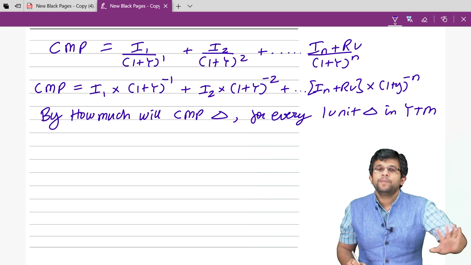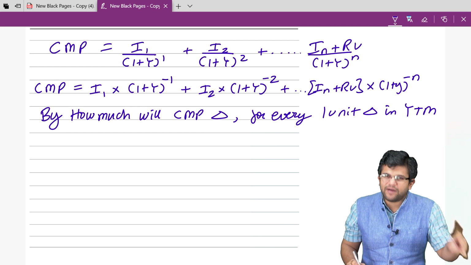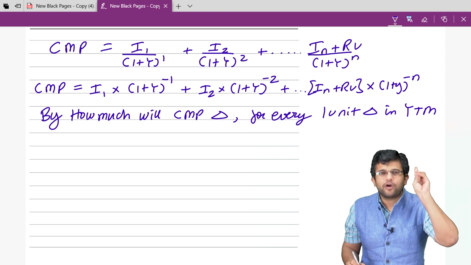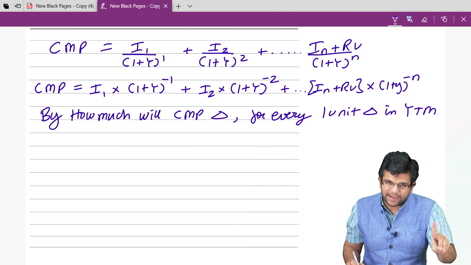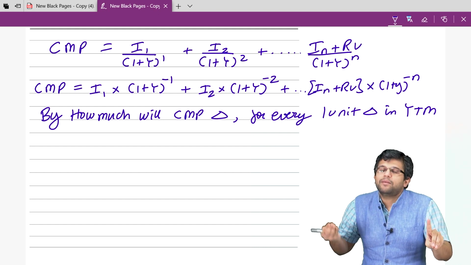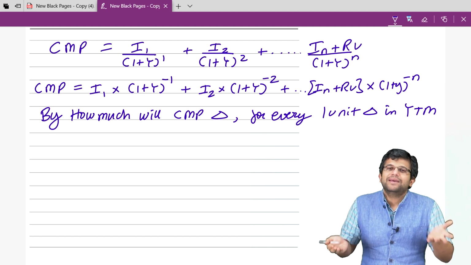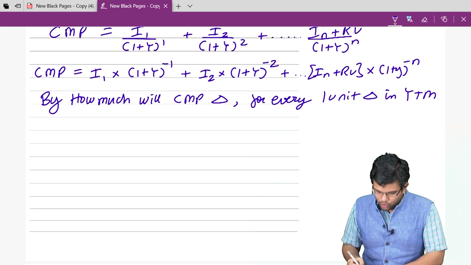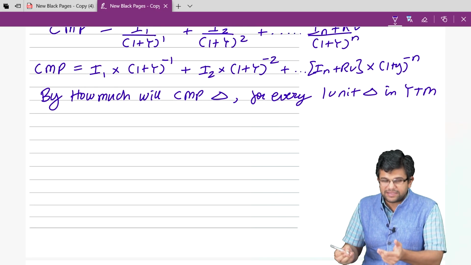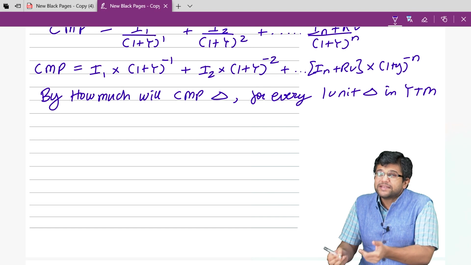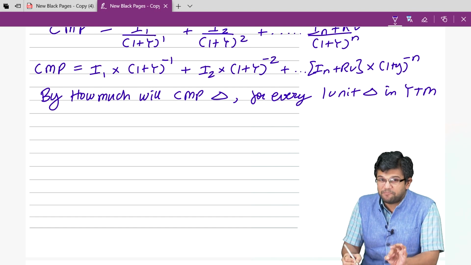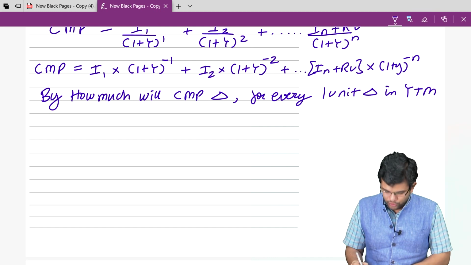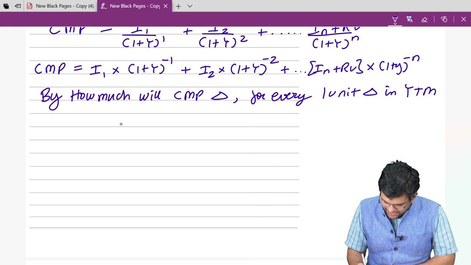So what they are asking you is, for every 1 unit change in YTM, now unit of YTM means the percentage only, I'll call it a unit as of now. For every 1 unit change in YTM, by how much will the current market price change? Children, this is hinting towards those same derivatives which I taught you 2-3 videos back. Do you understand that here the two variables are CMP and YTM, so who is the dependent variable? Can I say CMP is the dependent variable and YTM is the independent variable, and therefore, children, I'm pretty sure you understand they are asking you